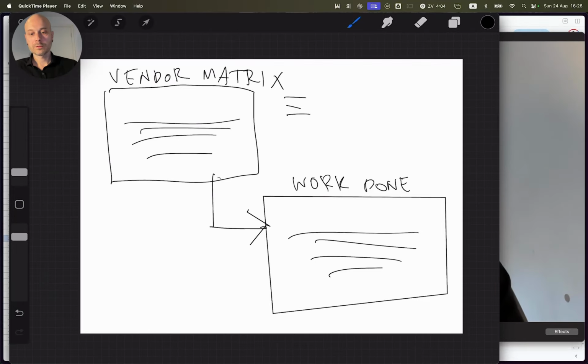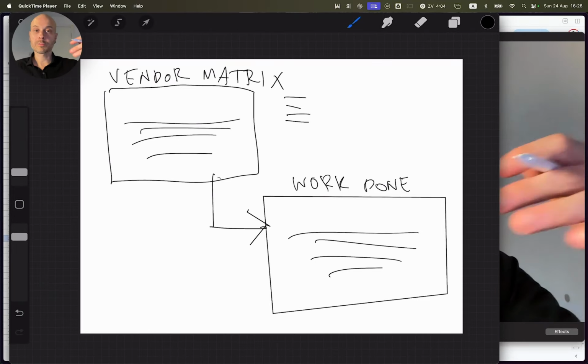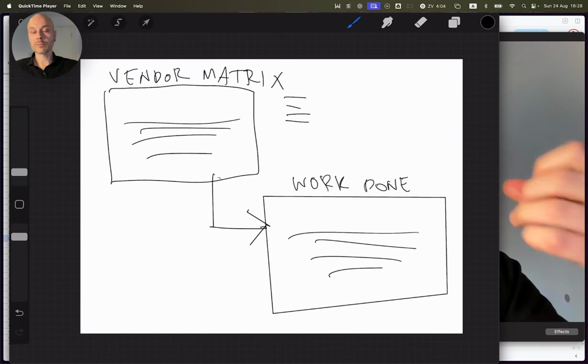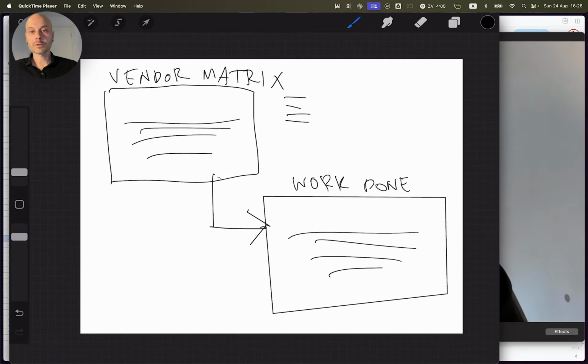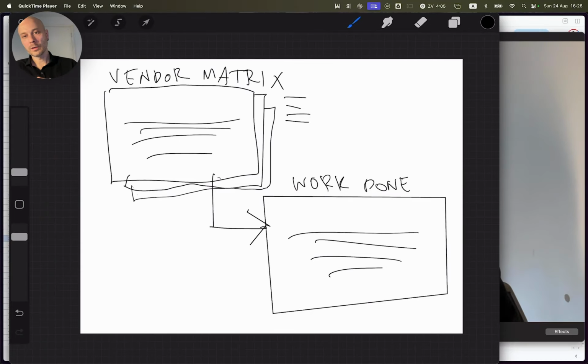Especially if you search for something specific, there could be a lot of different parameters that you don't want to miss when you shortlist things. All these unique parameters mean that you will need to create a table for each job. I can scribble here to show that there will be many vendor matrices, one for each of the jobs,